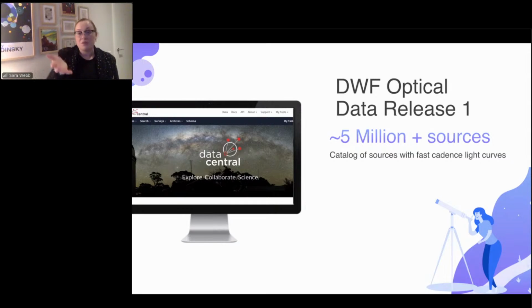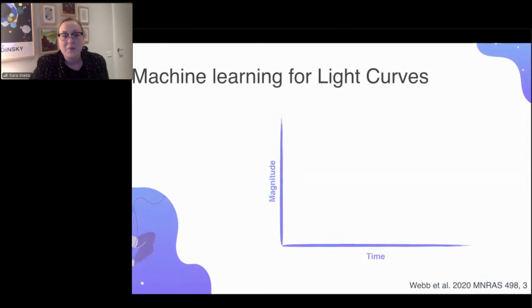So this could be very interesting for any type of different science that you might be working on, being able to have access to these light curves. Hopefully you keep that in mind, and I hope that it offers the wider community something. But let's go back. We have all of these light curves being generated. How do we get through them, and how do we target them for interesting things?